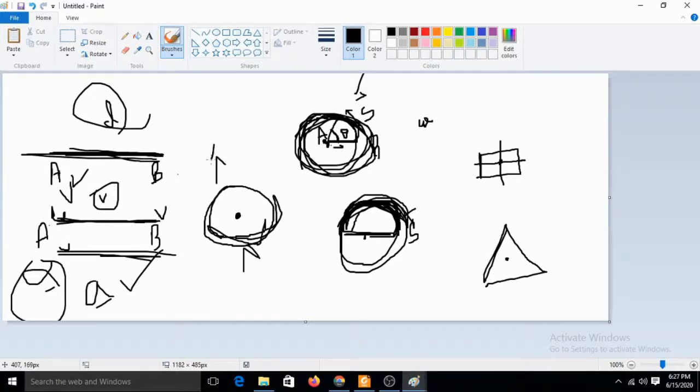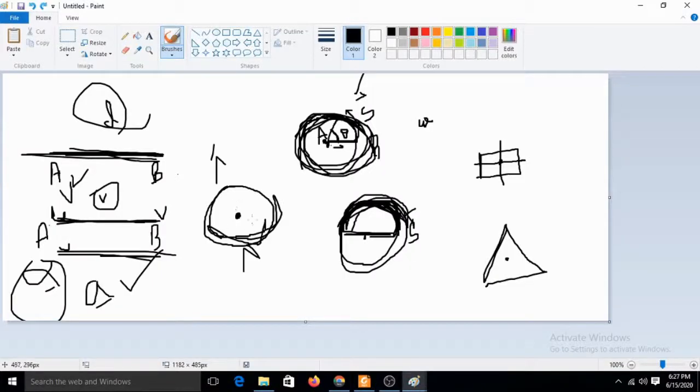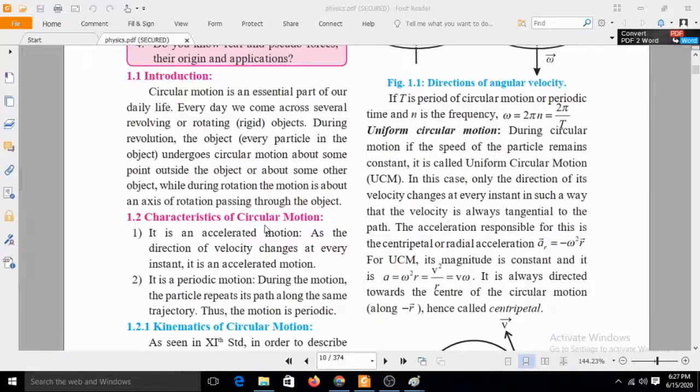That means it is 2 pi, and it runs with a frequency and number of rotations, so n. Okay, number of rotations, so n we are taking, and this is the definition. N is equal to 1 upon T, always. That is the number of rotations it rotates, it takes a reciprocal of time.